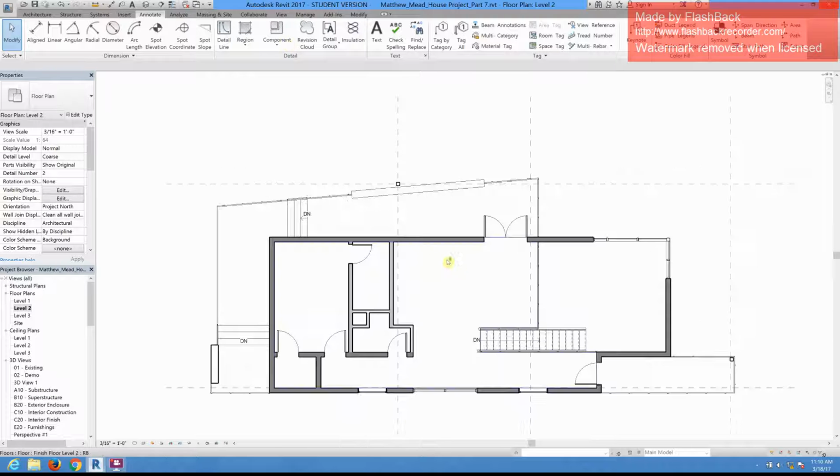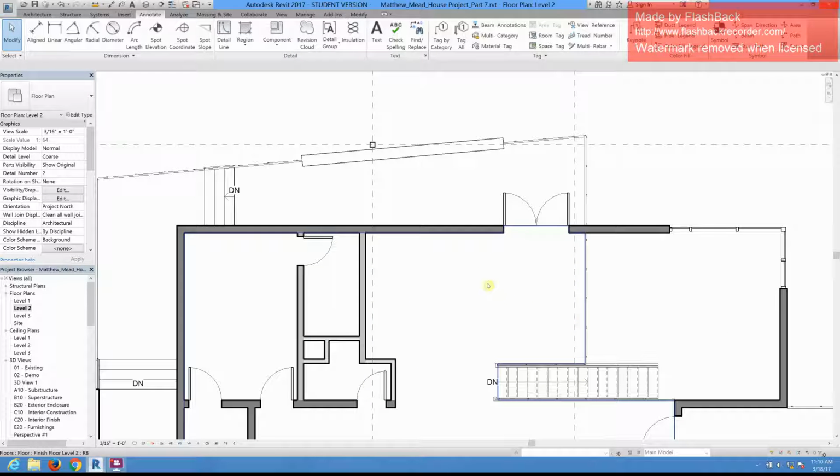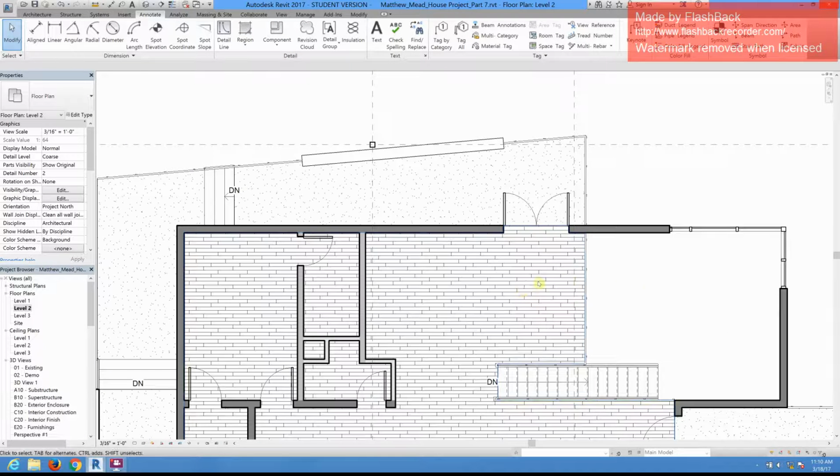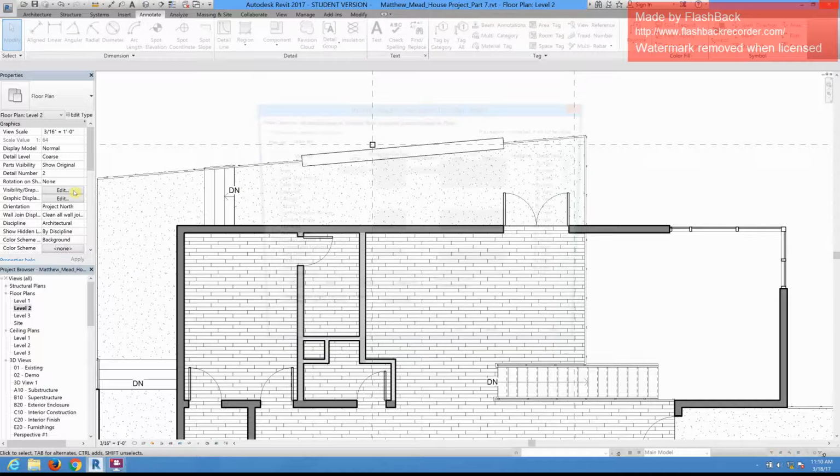So for example, you might have a view standard. Right now, all of these wood flooring hatches are just standard black lines. But maybe your office standard is that you want those hatch patterns to be soft and gray. Well, I can go over to my visibility graphics,